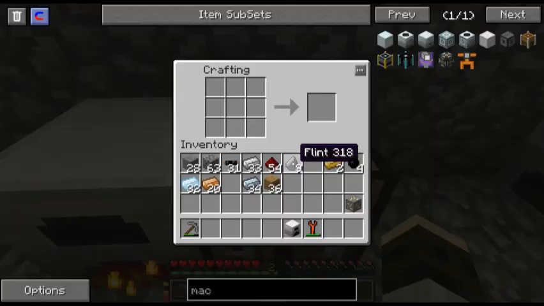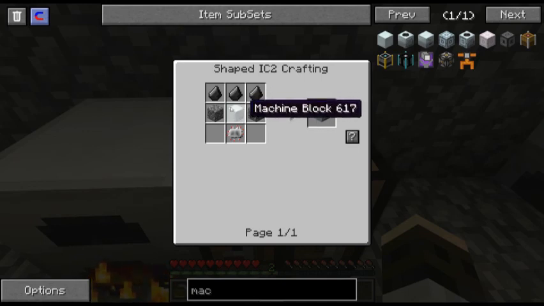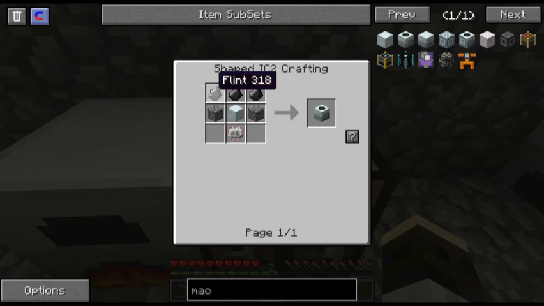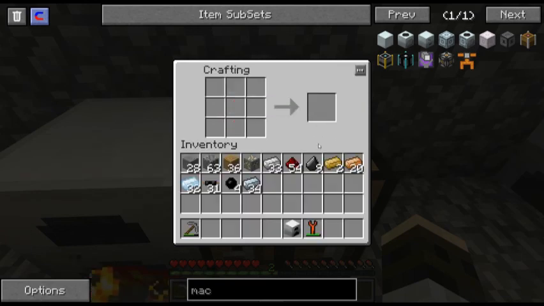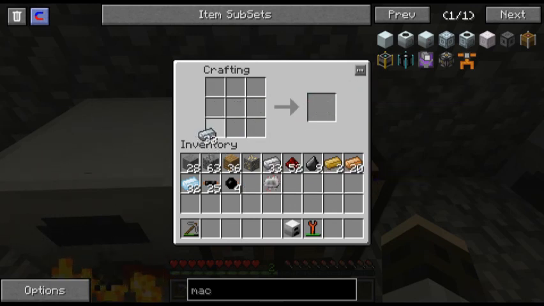So let's build our macerator real quick. We need a machine block, we made one of those already. An electronic circuit, made one of those already. 3 flint and 2 cobblestone. So let's make an electronic circuit first. So once again, the refined iron, 2 redstone, and 6 cable. Get ourselves the circuit. Now we make a machine block,